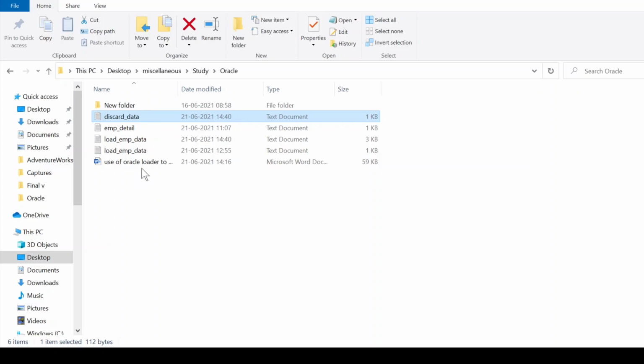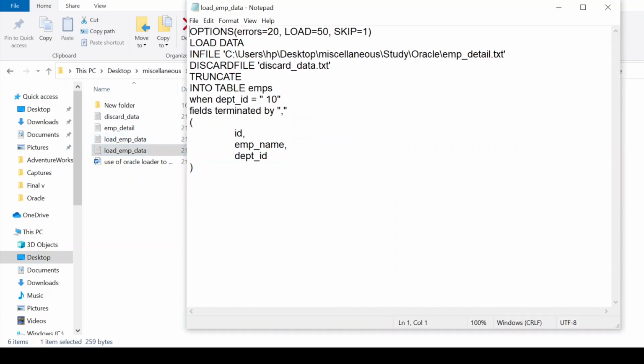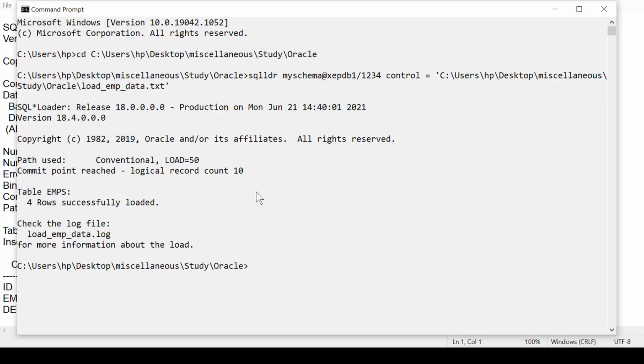So if I make a little change in the control file, if I delete this row from the control file and save it, now I will run the same command again. Let's see what it shows.